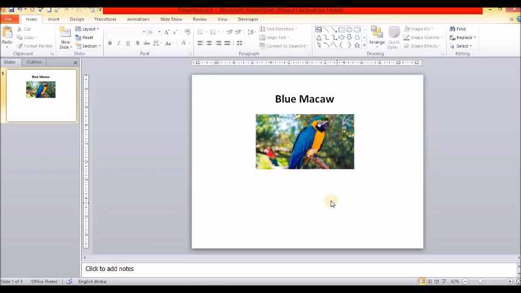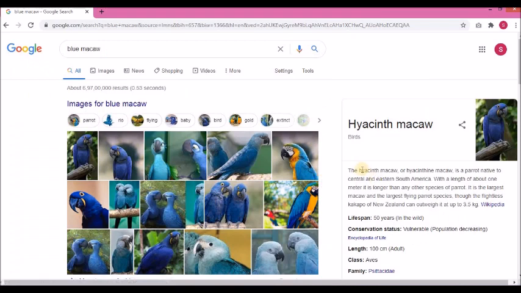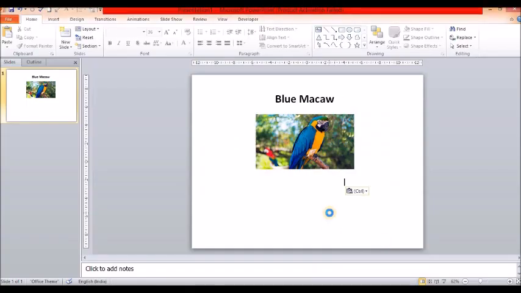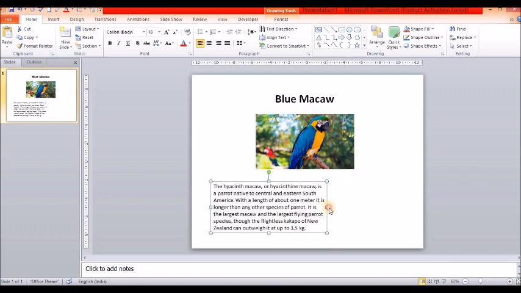Now obviously we would like to have some write-up: what is a blue macaw, what it eats, how it looks, what is the weight, where it is found. All this information would be available in the best places like Wikipedia. So I'll pick up this text from here, go back to the PowerPoint presentation and paste it here, and you can format it to make it better looking.